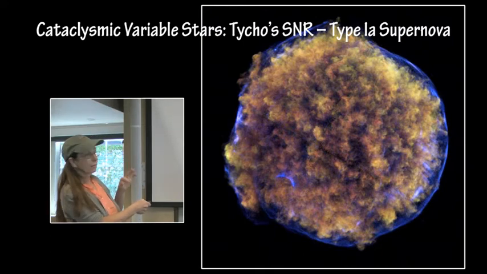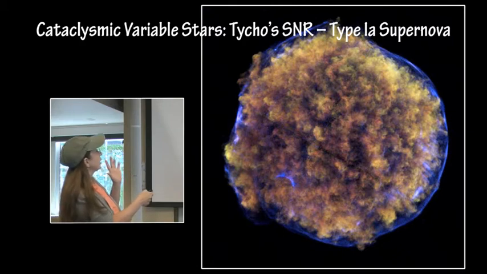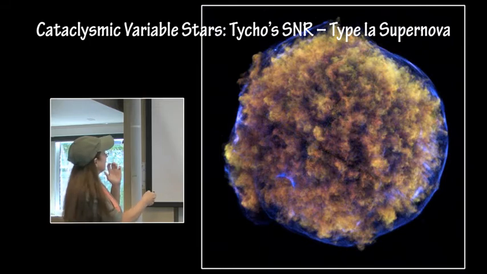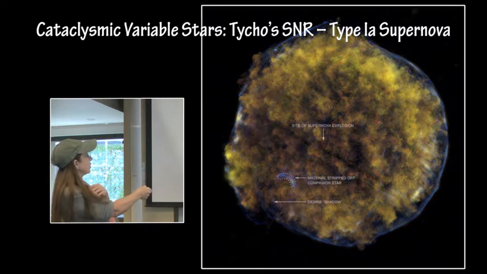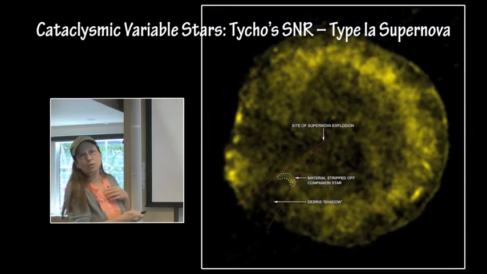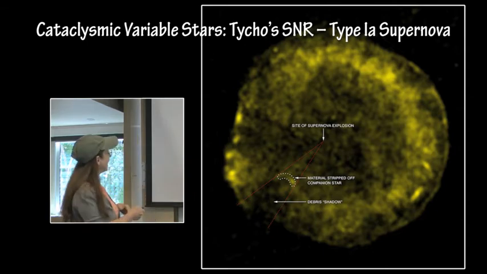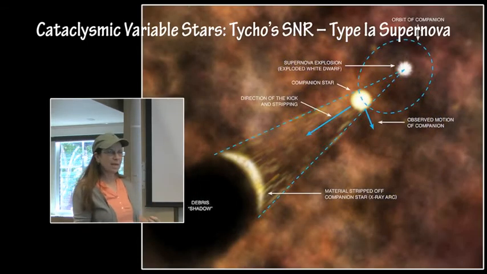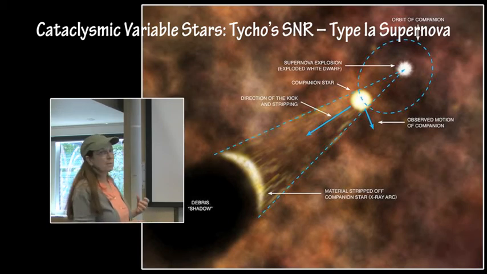There is no stellar core, of course. The white dwarf was totally destroyed. All of the fusion products are here. The remnant is all you see. And this is the outer edge of the shock wave from the event. And you'll see this odd little curvy circle down here. Well, that actually is the material that was stripped off from the companion star when the white dwarf exploded,